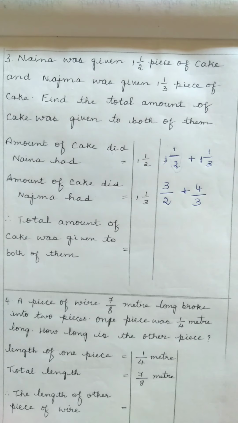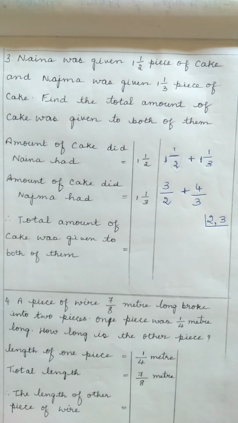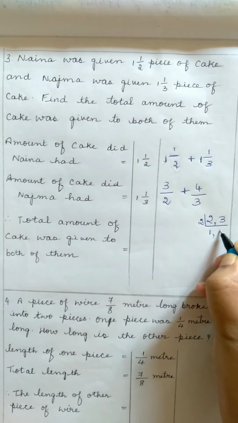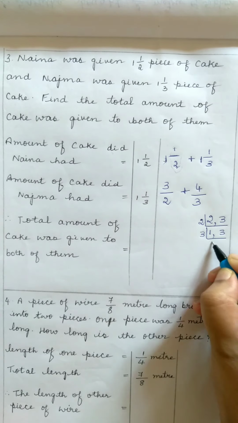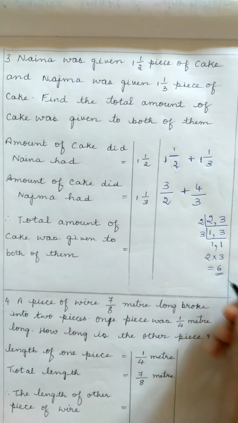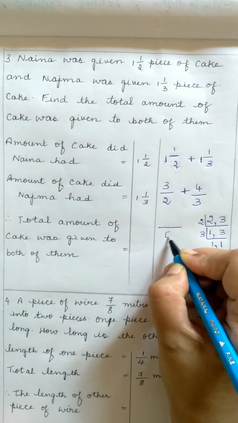Now we have 3 by 2 plus 4 by 3. Again, the denominators of the two fractions are different. The method followed is find out the LCM of 2 and 3. Now, 2 and 3 both are prime numbers. So, either by 1 or by the same number they are divisible. So, let us take 2 ones are 2, retain 3 as it is. Now take 3, 1 and 3 ones are 3. When you multiply 2 into 3, you will get the value equal to 6. Therefore, the LCM of 2 and 3 will be equal to 6.